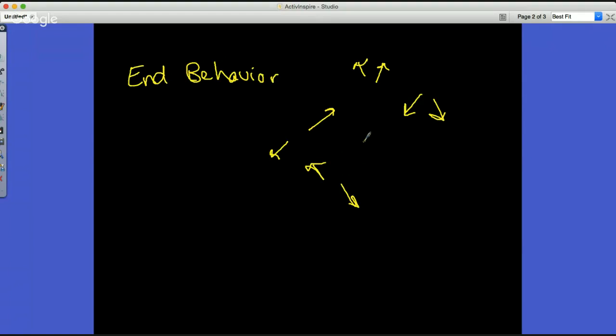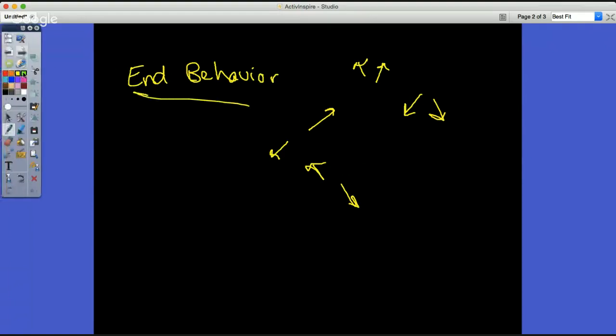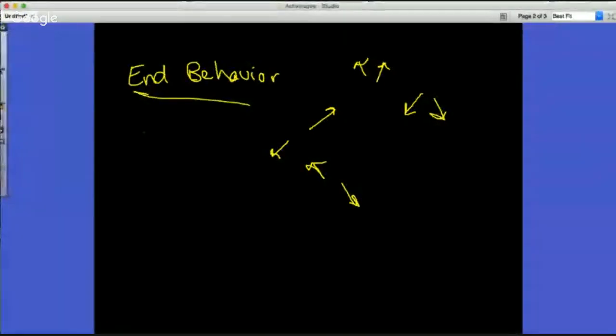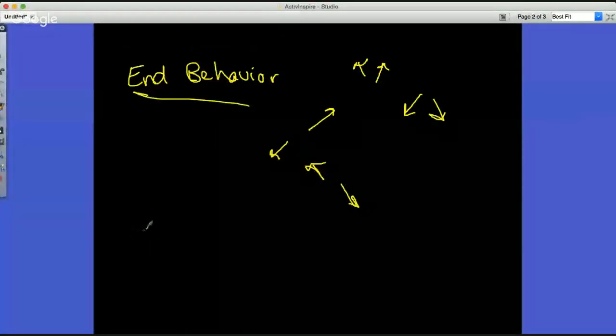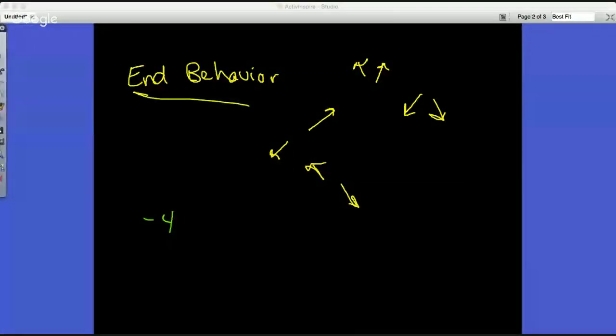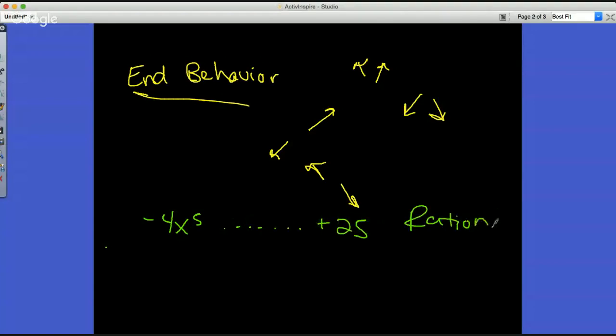Something else that I saw was one where it says list all the possible zeros. We have negative 4x to the fifth, and then it had all this, and then on the outside it said use the rational root test to solve for the possible zeros, which are p over q, right? P over q. So for possible zeros, first we know 25 is our p,